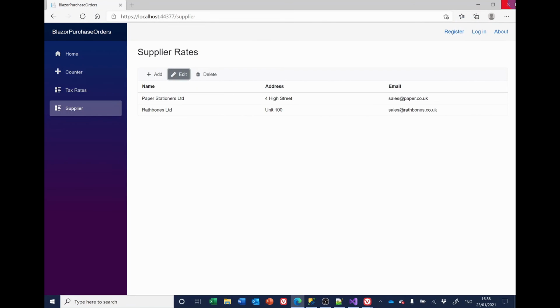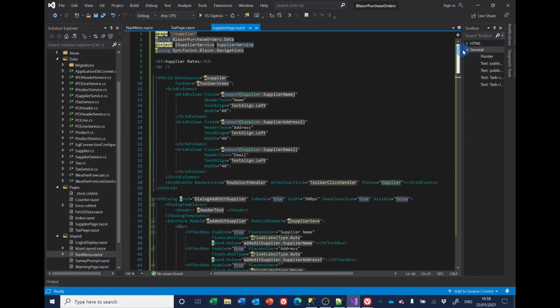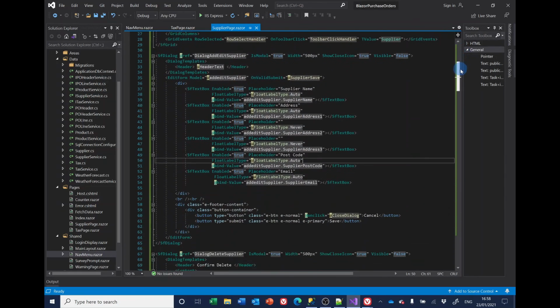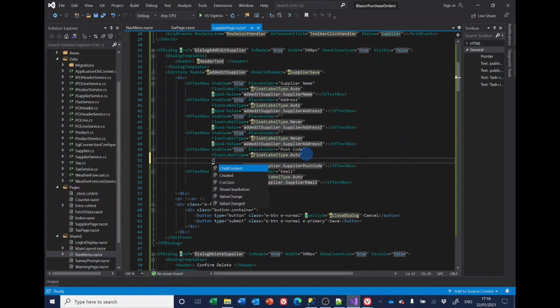So I'll close that, and what we need to do is change the postcode. So we've got a CSS class in there. So if I type in CSS class equals, and let's call it uppercase,